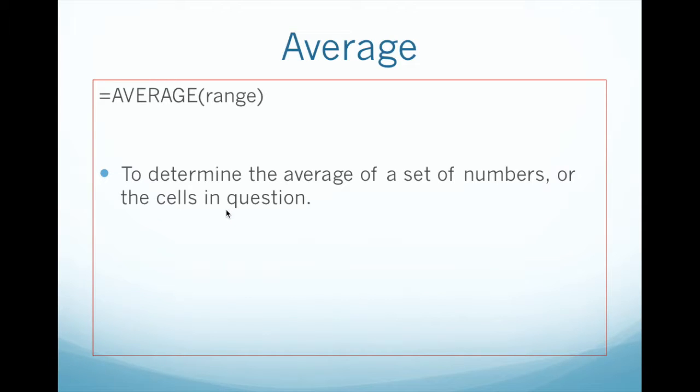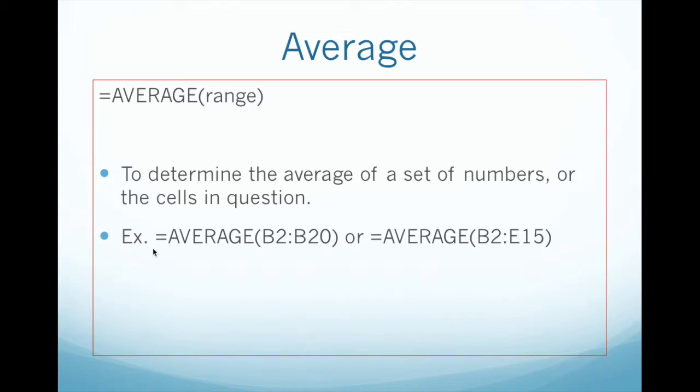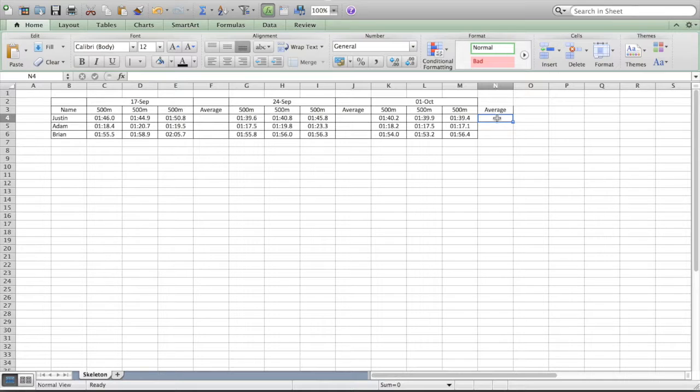For example, equals average of the values in cells B2 to B20, so down a single column, or down a column and across multiple rows, where we can imagine it goes from B2 in the top left corner to E15 in the bottom right. Now I'm going to insert my formula,